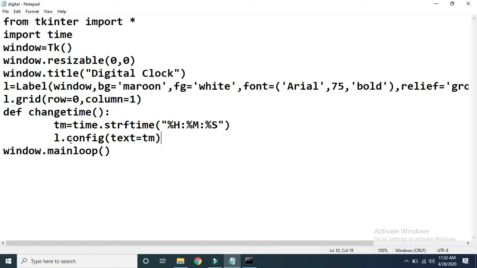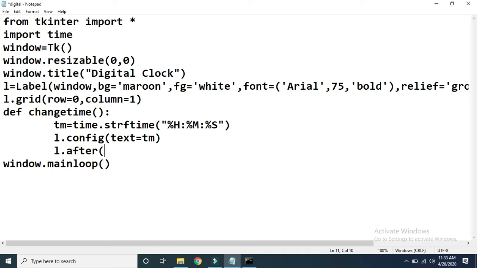Instead of doing it like this, here I have defined one function, and through the function I am going to assign text to the label. So if you assign text to the label through a function, then using the label object we have to call the config method. This config method we have already discussed in the case of window in our earlier video. Then using this L object I want to call one more method here. Let me write the code first, and then we'll discuss the meaning of this code.